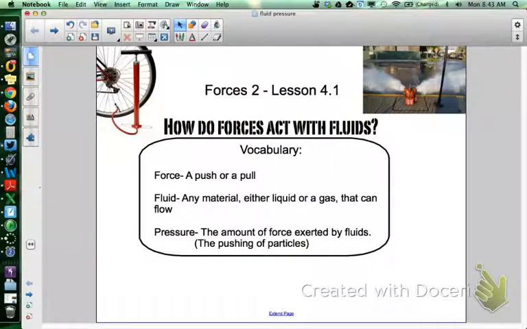All right, ladies and gentlemen, welcome to Forces 2, Lesson 4.1, How Do Forces Act with Fluids? I use the term fluids to describe a new type of force. Up until this point, we've been working with solids and how forces act on those, but we're going to be